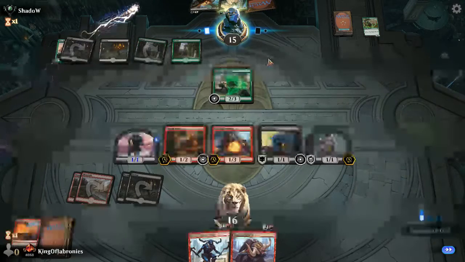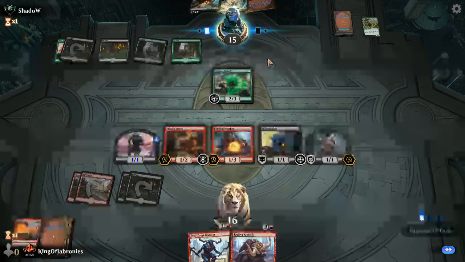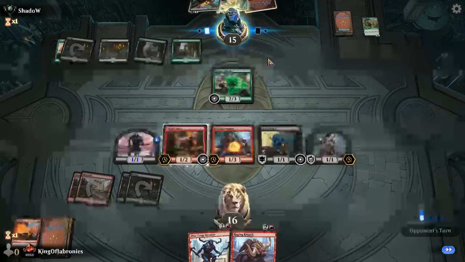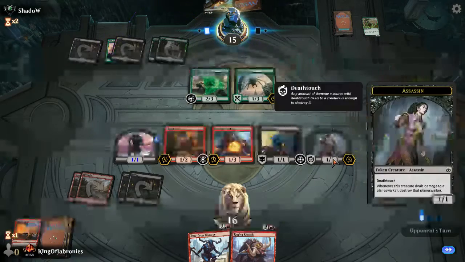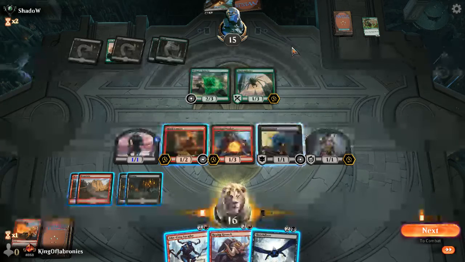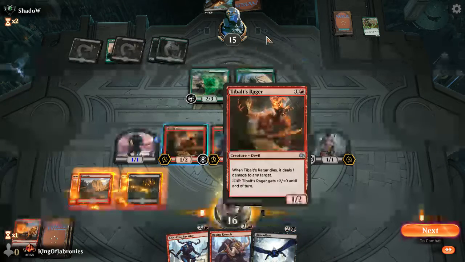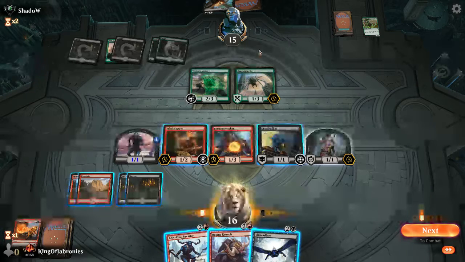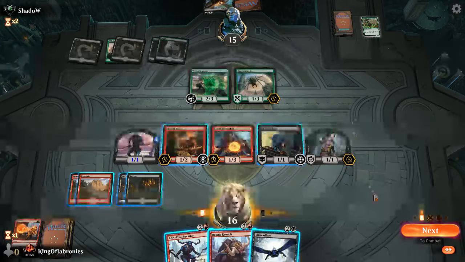Guess he has Unlikely Aid up, that's fine. He does want to trade off this Death Toucher for this Snare Spinner. Do I mind trading off the Tibalt's Rager for the 2-3? Not really, since it's eventually going to...